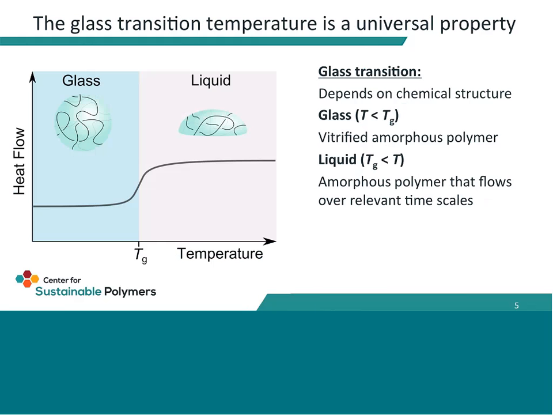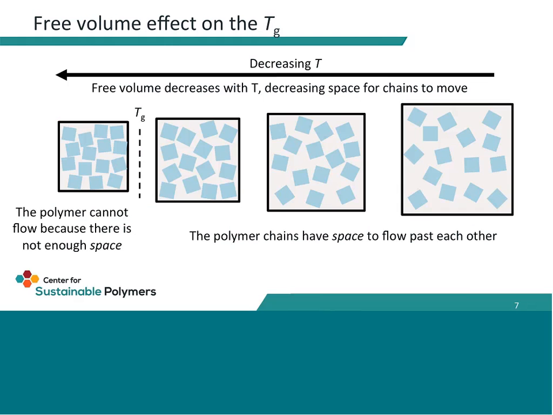We also want to talk about the glass transition a lot today. The glass transition is when the polymer goes from a solid glassy-like material where polymer chains are frozen into place that cannot move into a liquid-like material where the chains are now flowing past each other and we actually see more liquid behavior. To actually quantify what this means, we can talk about it in terms of free space